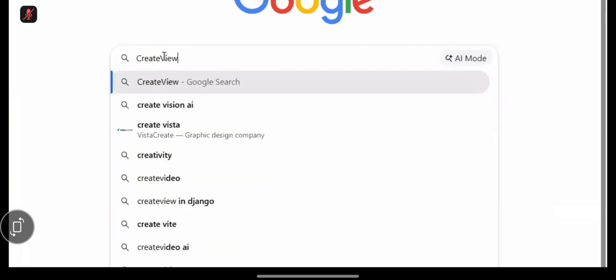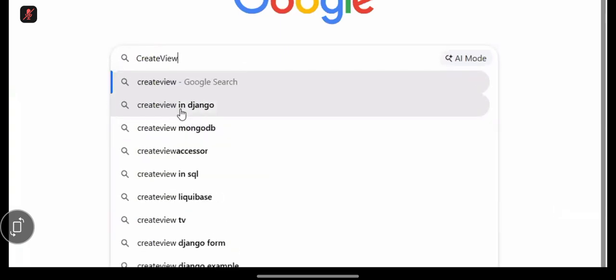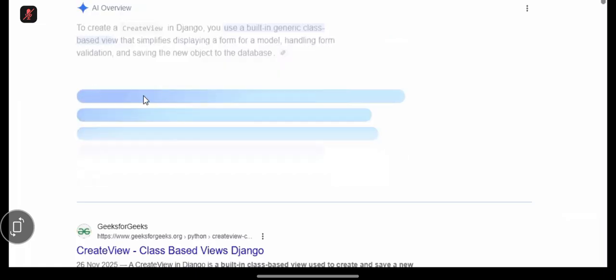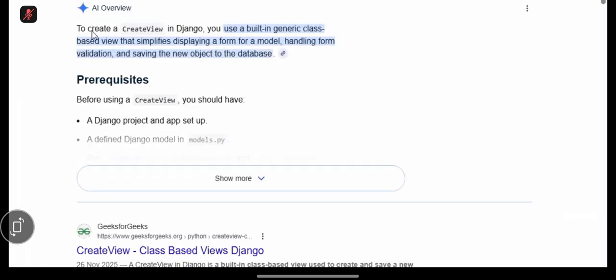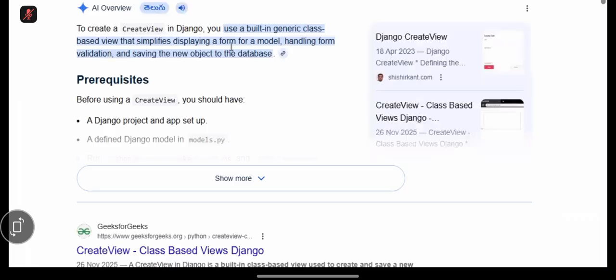Create view. So this is a create view, which is used for creating a record. It is a generic view that simplifies displaying the form for a model, handling the form validations, and saving a new object